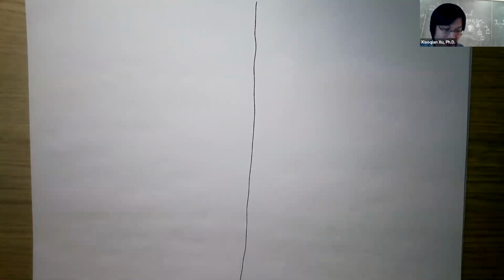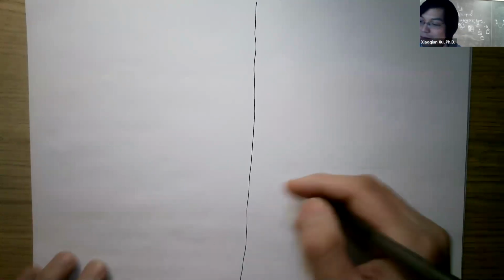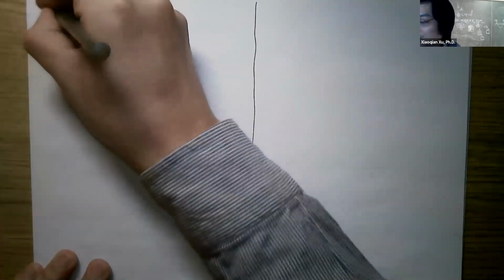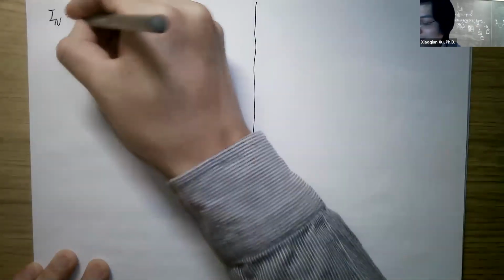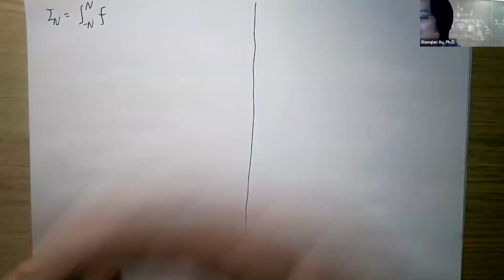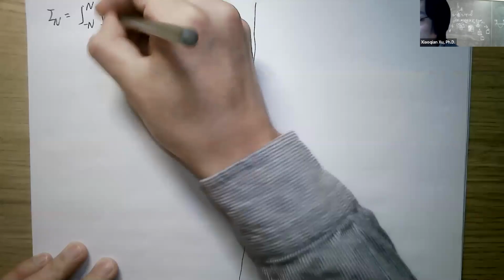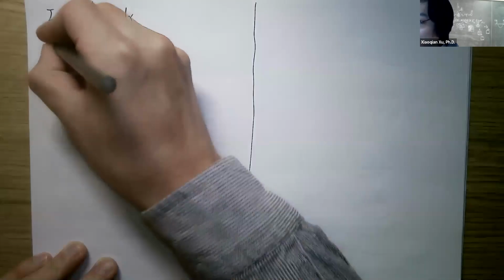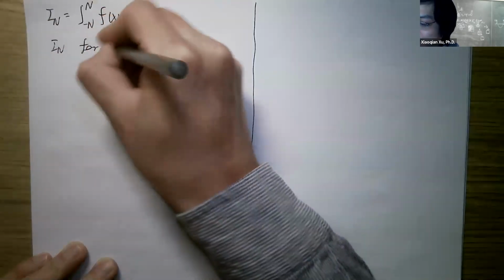And you will find that, as we mentioned before, if we call this somehow like partial sum or partial integral of your function, then I_n forms a Cauchy sequence,